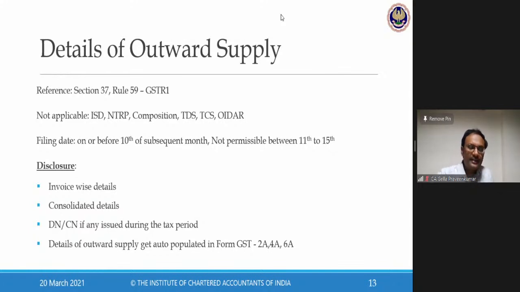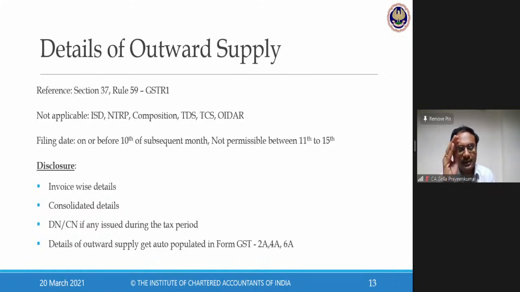Now, first statement, that is section 37, which talks about your GSTR 1. This section says you need to file a periodical statement. Now, due dates, don't expect in the CA Final examination, what are the due dates for filing GSTR 1? They're not going to ask that. They may ask what are the details to be furnished in your GSTR 1 filed on a monthly or quarterly basis?